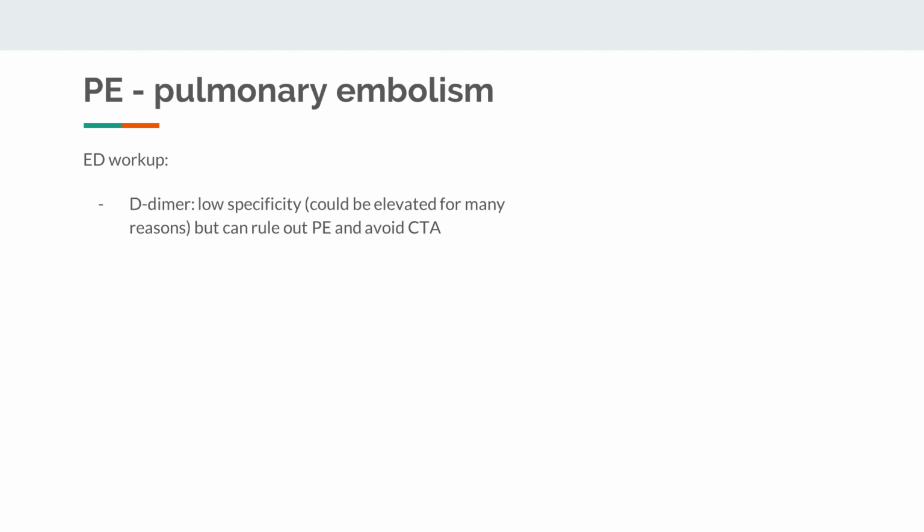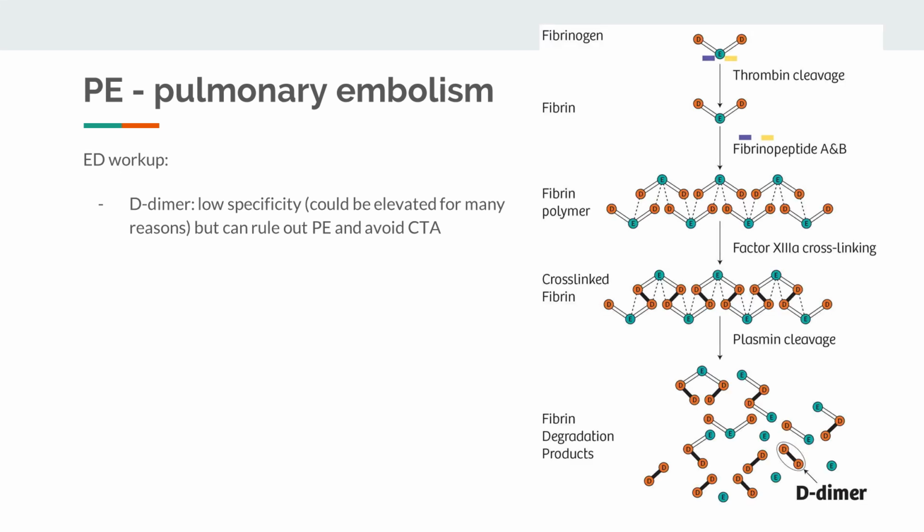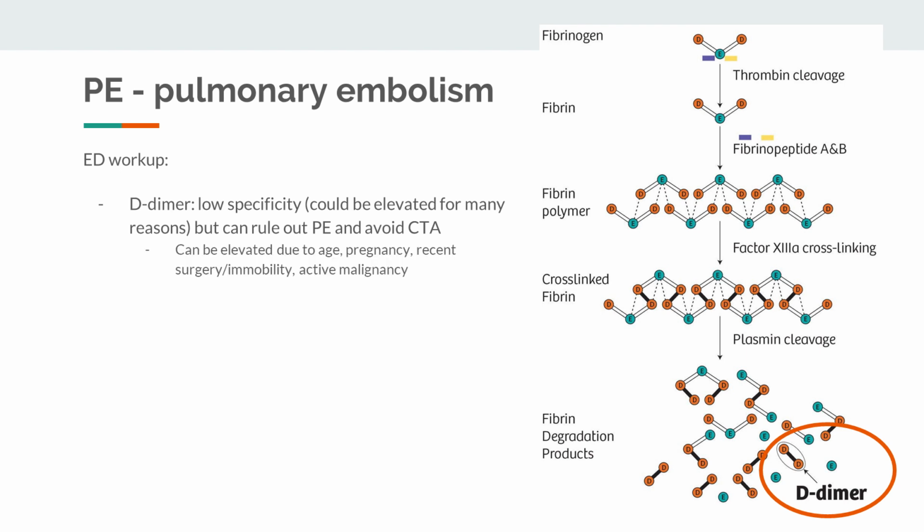It's a blood test that can help us rule patients out of a pulmonary embolism, meaning if the D-dimer comes back as negative, we can be pretty sure that the patient does not have a pulmonary embolism. D-dimer is a fibrin degradation product, meaning when the body breaks down blood clots, one of the things it produces is the D-dimer. The thing is, D-dimer can be elevated for lots of other reasons, such as being over the age of 50, being pregnant, having had a recent surgery, or due to cancers. So while it's not a perfect test, it can help us avoid unnecessary radiation exposure.